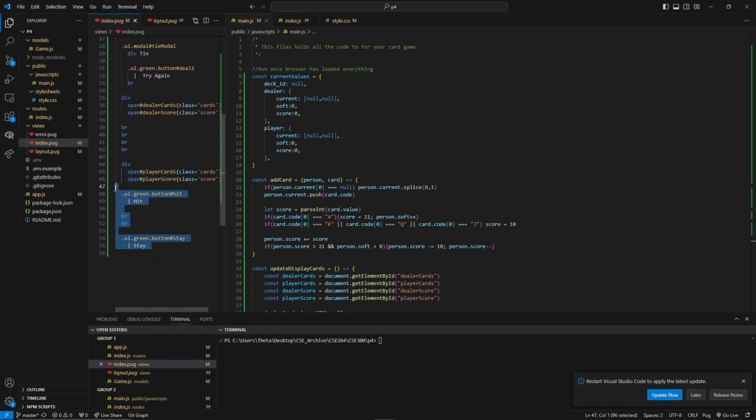And then we have our 2 buttons as specified in the README, basically 1 to hit, which is in blackjack, you ask for another card, and 1 to stay, which basically means that you're not taking any more cards, and then the dealer starts taking cards. On that note,